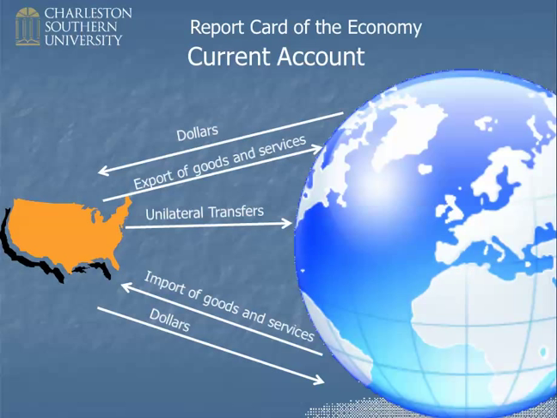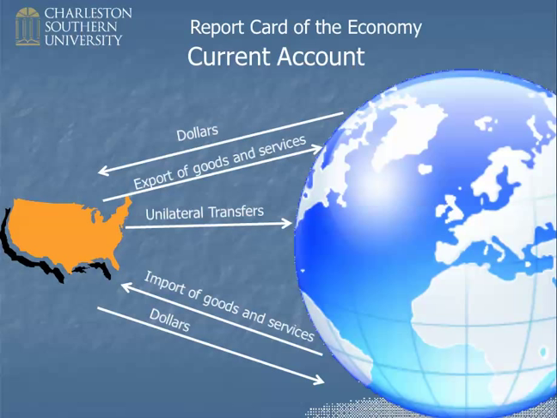So, in summary, the current account is simply the balance on goods and services, plus it includes unilateral transfers. It also includes a couple of other things that I'm not going to hold you responsible for, but if you find a more formal definition of the current account, you will see that it also tracks central bank accounting balances and so forth. So if our Federal Reserve sent dollars to the rest of the world to settle up some account, that would be counted. But I don't really care about that stuff. I just care that you remember that the current account is the same as the balance on goods and services